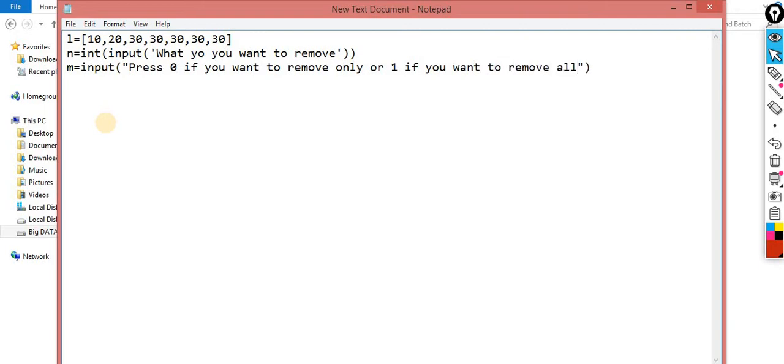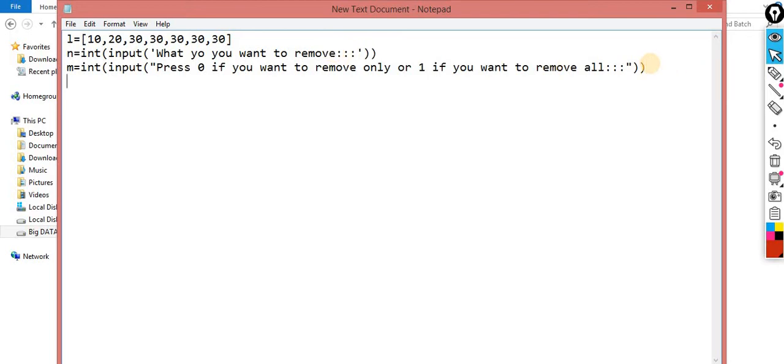So I am asking from the user whether you want to remove only one existing or the n number of occurrences, meaning how many times it is there. Now I am converting it into int, so I will ask the user for 0 or 1. This time I am taking this, don't get confused again.